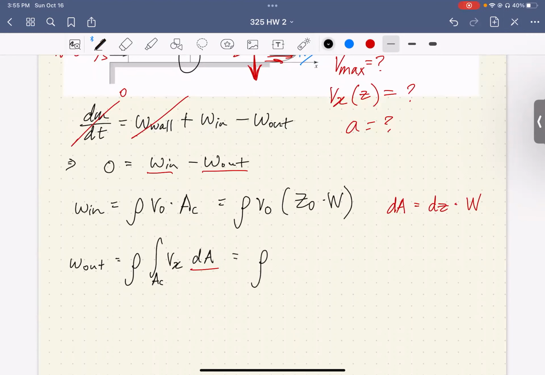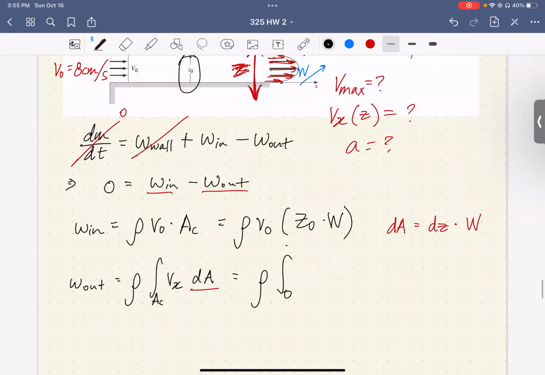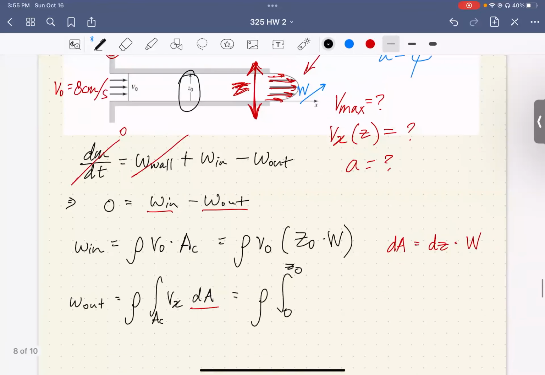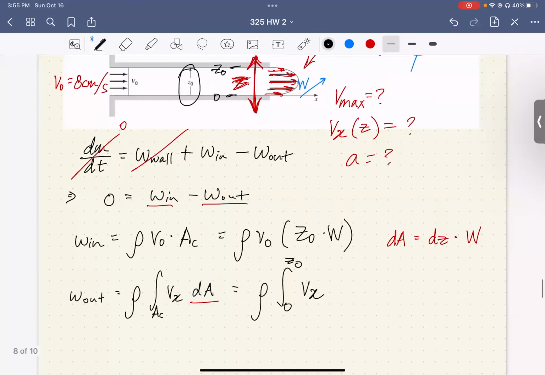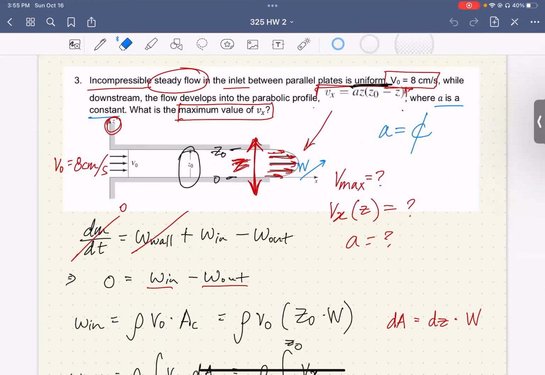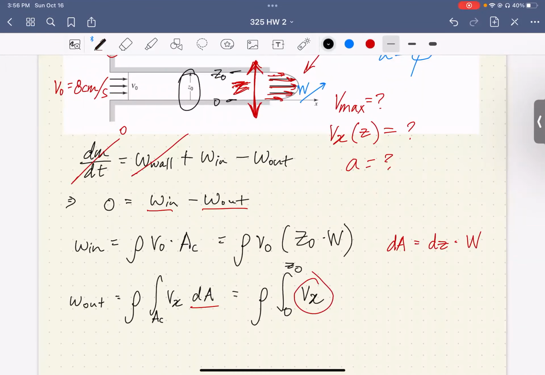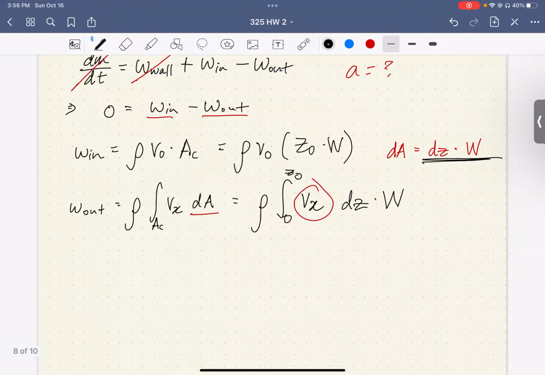So we have rho, and then again, 0 to Z0, right? We have 0 right here, and then we have Z0 right here. Great. So 0 to Z0, we have Vx, which you're going to plug in right over here. Then you also have dz, as we found right here, times width. And you're going to pull out that width as well. So when we move everything back into this expression right here that we wrote for the conservation of mass, you'll see